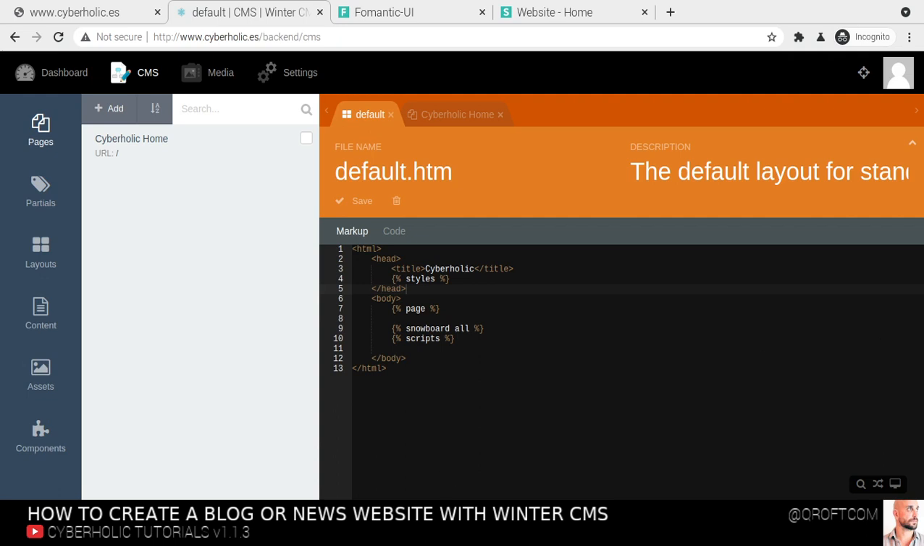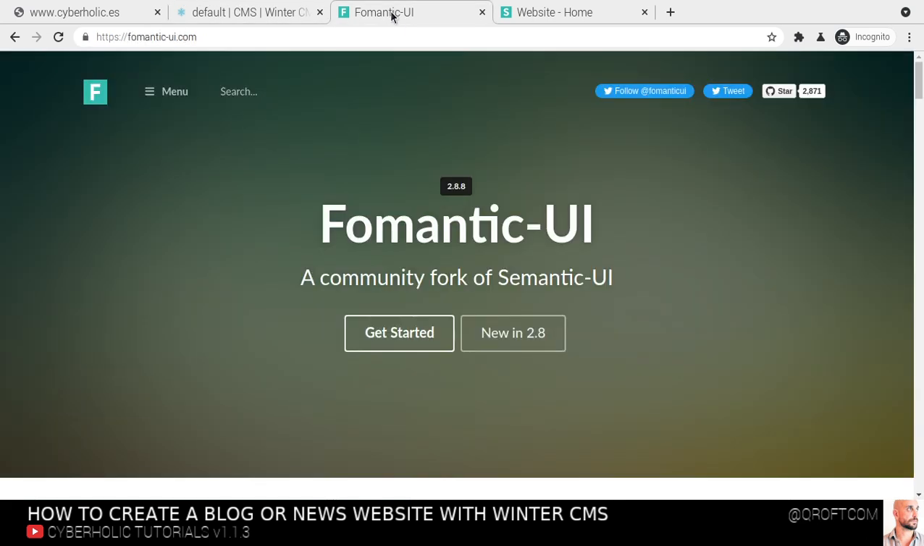Okay, so now that I have my website with its structure, I just want to pimp it up a little bit. And I will do so by using something called Fomantic-UI. Fomantic-UI is a fork of Semantic-UI. Semantic-UI is a project that allows you to super easily add